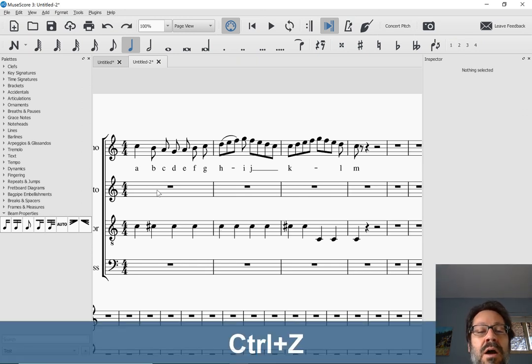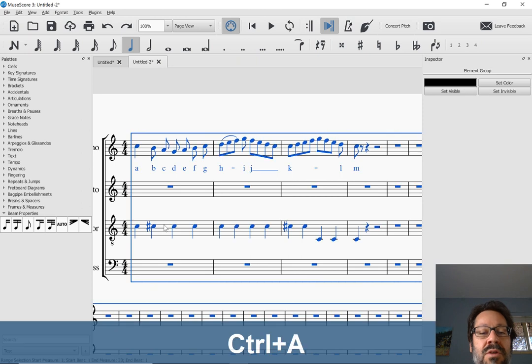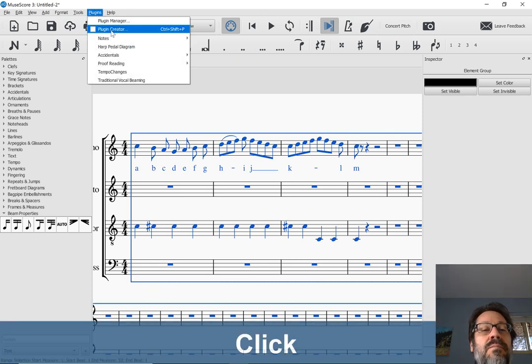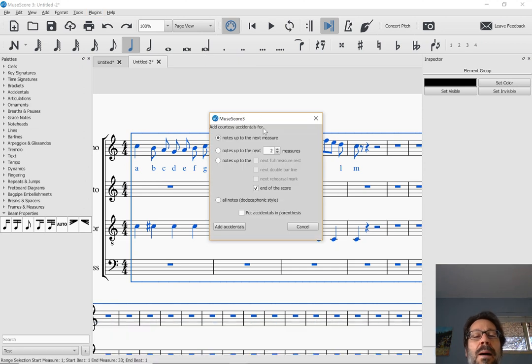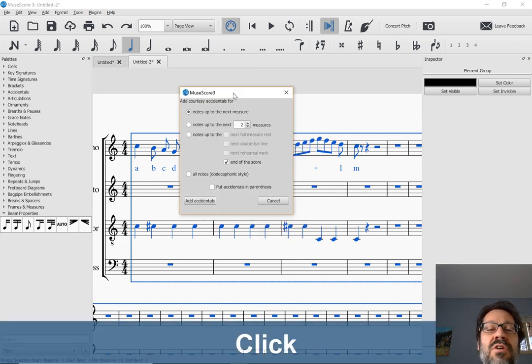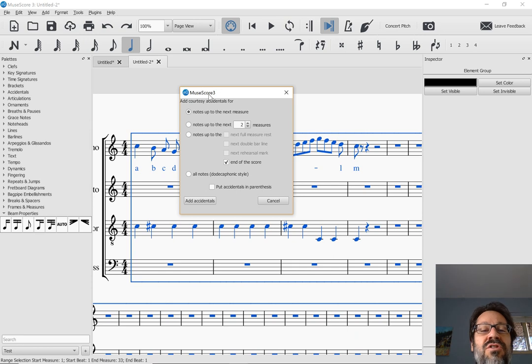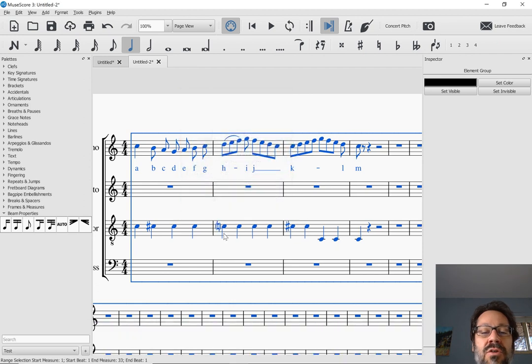So I'm going to undo that. This time I'm going to go through, I'll just select all, and add courtesy accidentals. I'm a little surprised when this dialog comes up, because it used to be that add courtesy accidentals just did it automatically, and it was the configure courtesy accidentals that showed up this dialog. So I think that might have changed when they updated it. But you can certainly say you want accidentals in parentheses and then add accidentals,